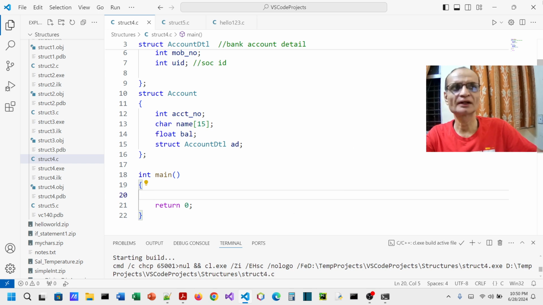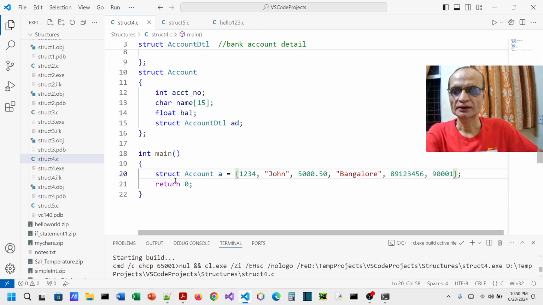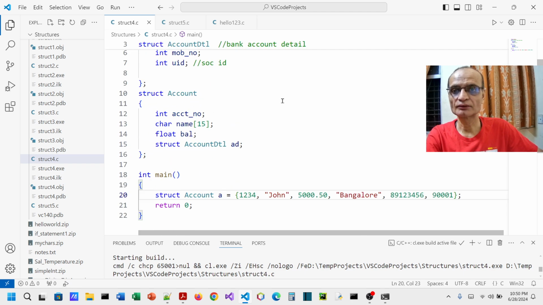So I have kept it ready, because if I keep on typing, it takes a good amount of time. Okay, so I'll paste what I have created here. You can see I have created a struct account variable, and then using the curly brackets I have initialized it. Now the way in which it is initialized is, you can see this struct account basically has,